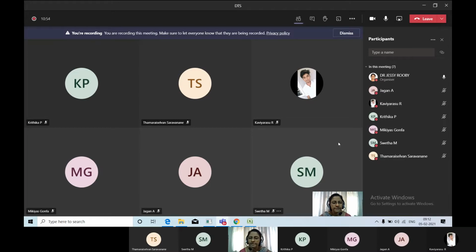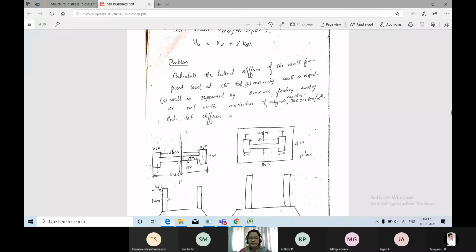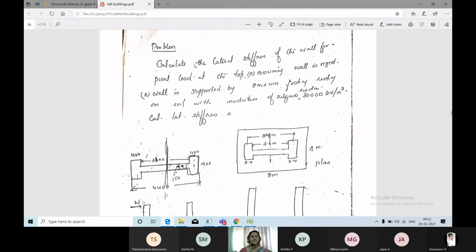So that's for the different types of structural system. Last class I was just going through that. You can go through the lecture notes and see how the lateral deflections are calculated for every type of structural system. Okay, the important one we really need to understand is the shear wall. So I'll explain with one example that is already worked out there: for a shear wall, how do you calculate the lateral stiffness and the drift, or the lateral deflection? Okay, so here the question is to calculate the lateral stiffness.